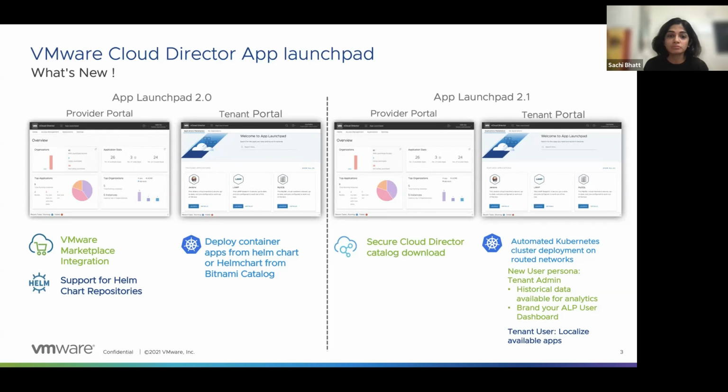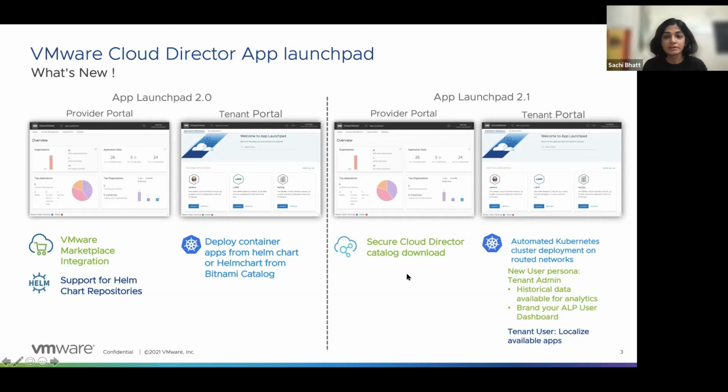So just to give you a high-level overview, on the front end, customers will see the same thing: single-click functionality for App Launchpad for the customers, and catalog management and cloud marketplace integration from the provider admin point of view. But behind the scenes, we are adding a lot of functionalities.